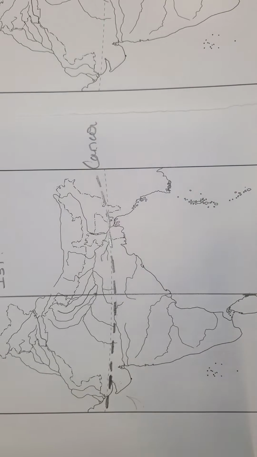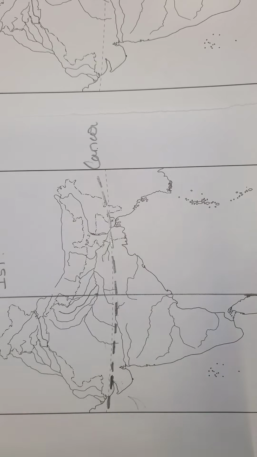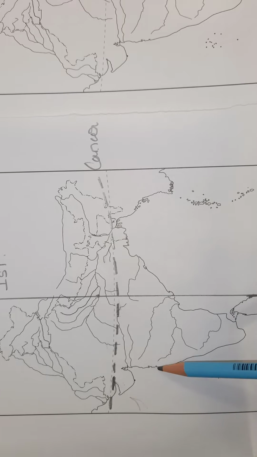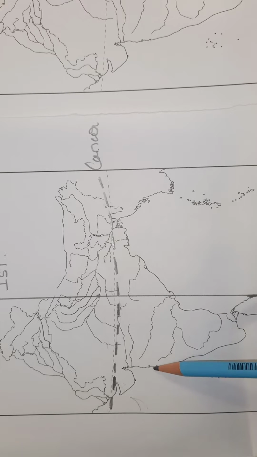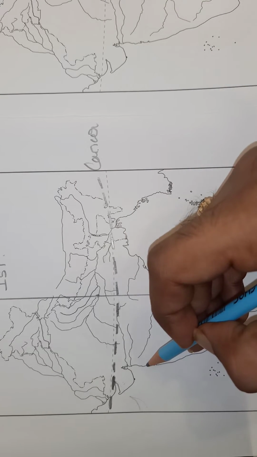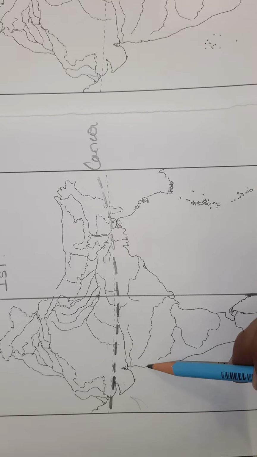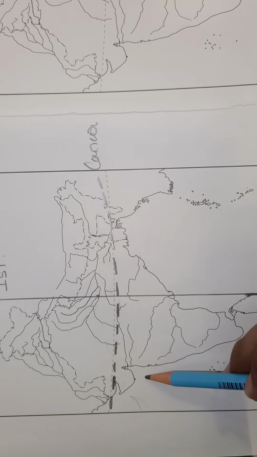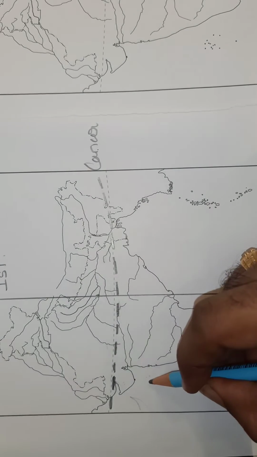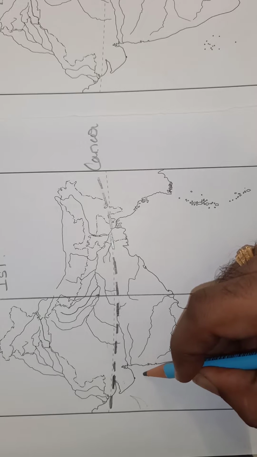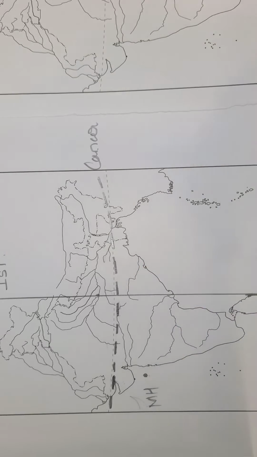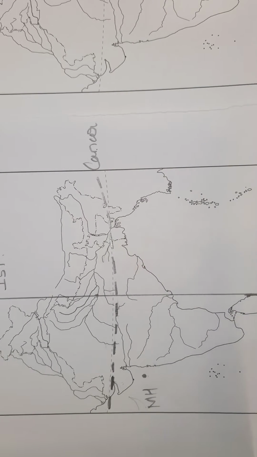Now we will be marking the two oil fields from where we get oil. So there are two oil fields in India. First is the Mumbai High. See, there are two dots over here. One is this, which is a certain part going inside, and the upper one. This upper one is Mumbai. So you have to come slightly outside Mumbai and go a little vertically upward. So Mumbai High is somewhere over here as a dot. This is the oil field of Mumbai.